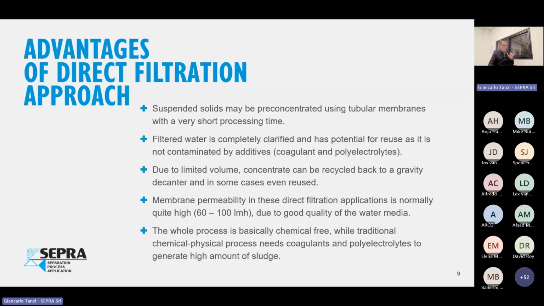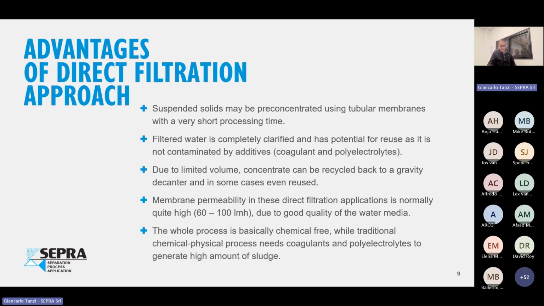This aspect is very important because when we're talking about silica suspension, the water itself may be pretty clean. In the case of semiconductor, it is almost pure water. So removing the solids would mean that you are recovering not just water, but really extra high quality water. Here, direct filtration comes with a very big advantage, that you are not adding chemicals. It's a pure physical process.